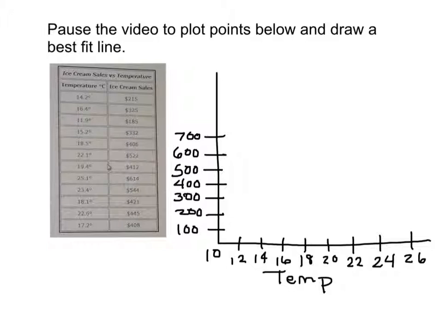Pause the video to plot the points below and draw a best fit line. So I've made the graph with the temperatures across the bottom and the money values up the side. The first one is 14.2. I'm going to plot these points, and you can just check yours with mine. So 14.2 for 215. 16.4 for 325, 11.9 for 185, and these don't have to be perfect, 15.2 for 332, 18.5 for 406,